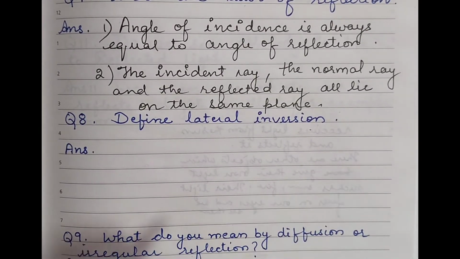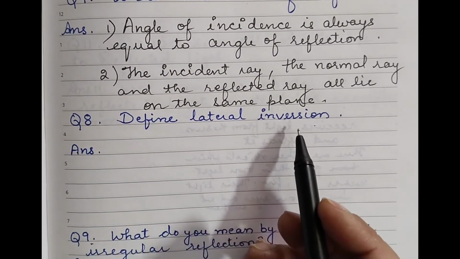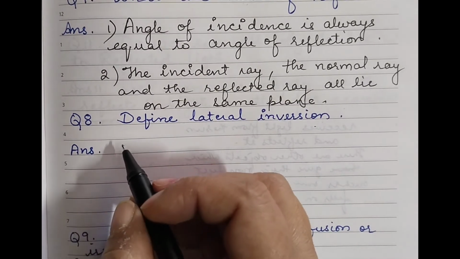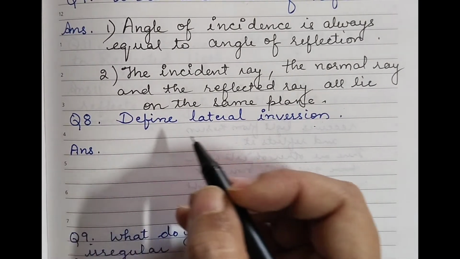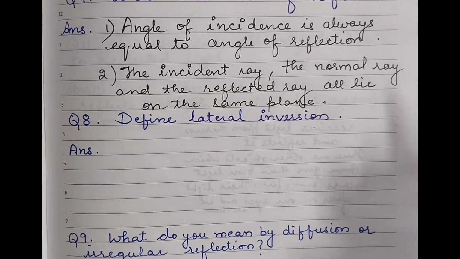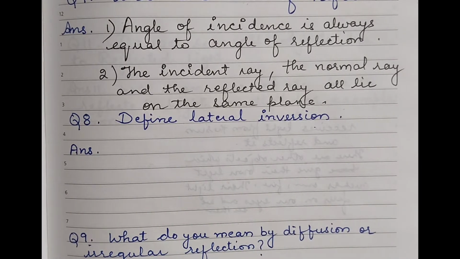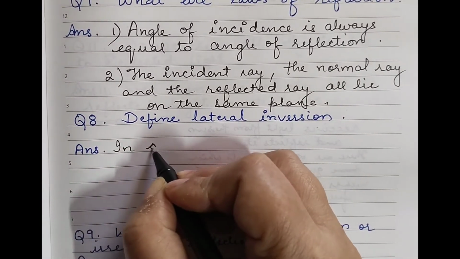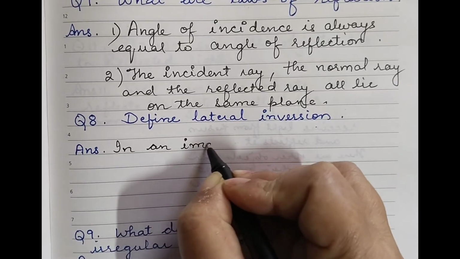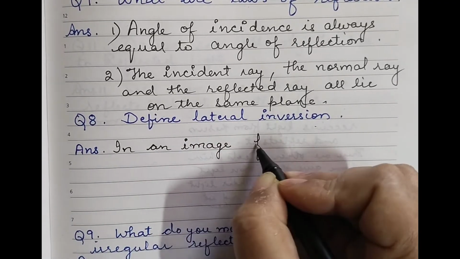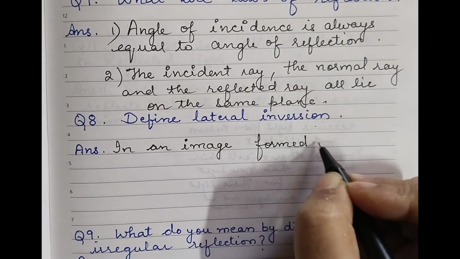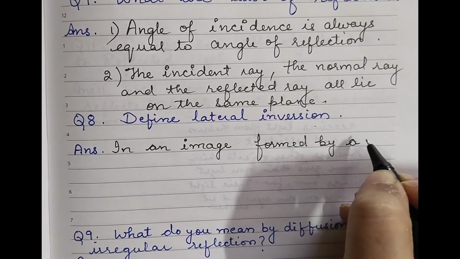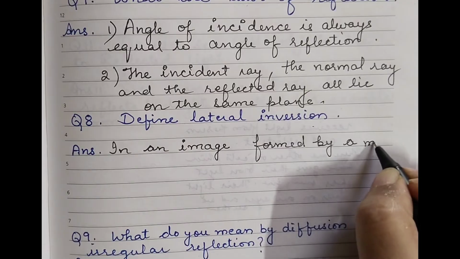Next is question number 8. Define lateral inversion. What is lateral inversion? In an image formed by a mirror, the left of the object appears on the right and the right appears on the left. This is known as lateral inversion. Write down: in an image formed by a mirror,